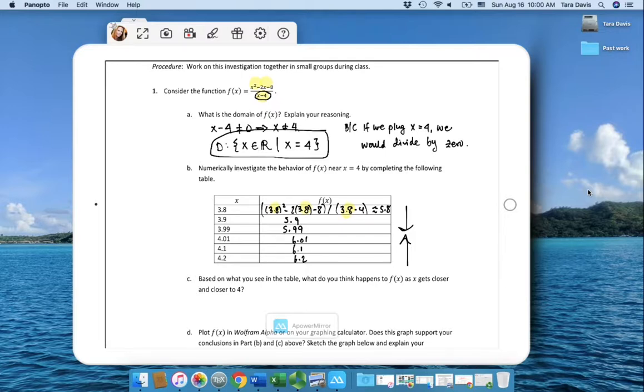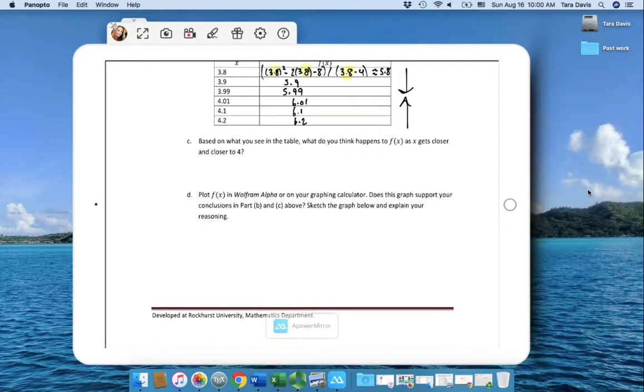So I would probably guess that as x gets closer to 4, then I think that f of x gets closer to 6 based upon the values in the table. Okay, so that's like one way